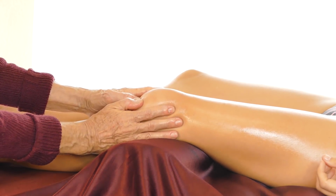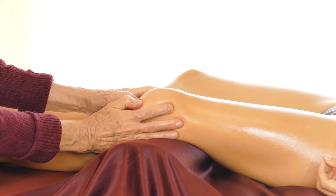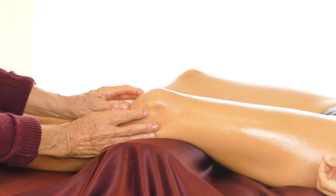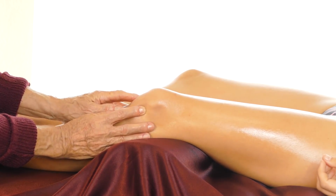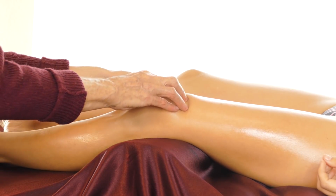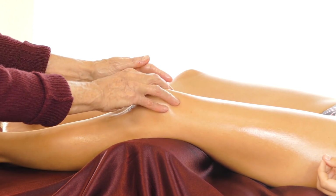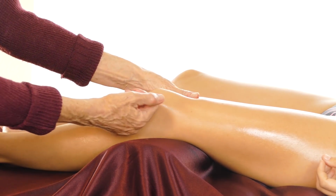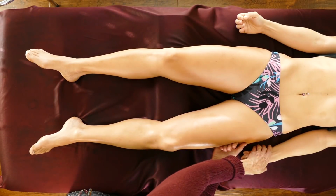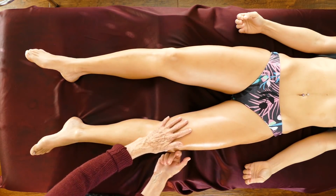So we're going to work it. There it goes. Get yourself underneath kind of the knee. You know, as you work this, if you're a therapist, you'll begin to get different ideas. If you get yourself out of the way and quit trying to figure things out and just do it, the body will definitely show you what it wants, and it'll give you new ideas for how to maybe relax something